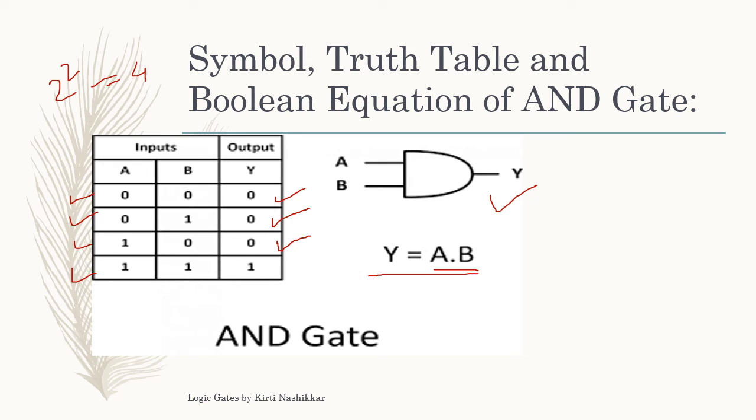So that's why we are saying that the output of the AND gate is high only when both the inputs are high. And the name AND gate is given because it is saying that I want high for A and B. Okay. So I want A to be high and B to be high, and that's why the AND name is given.